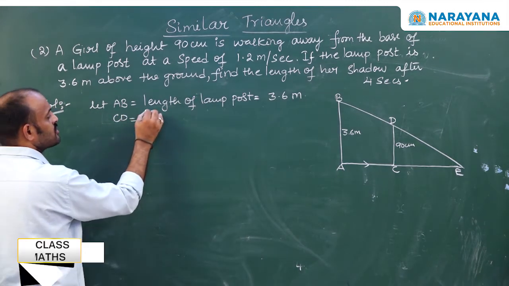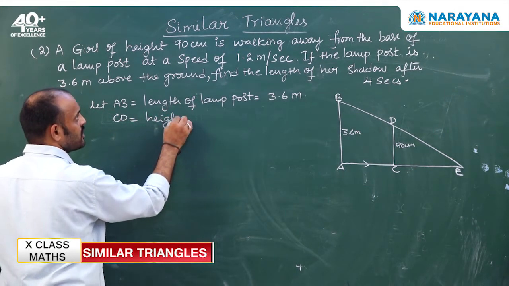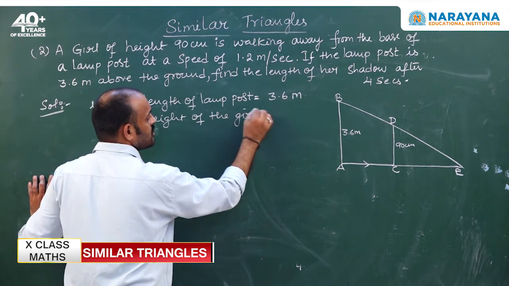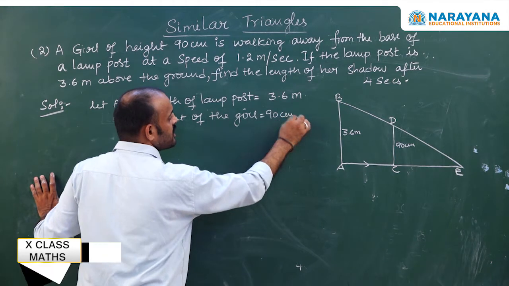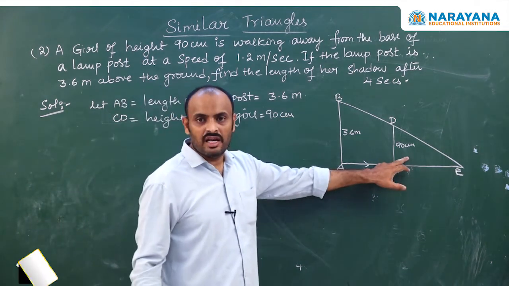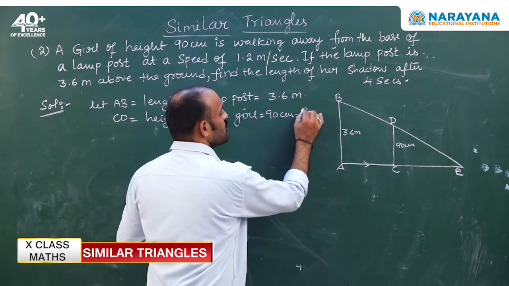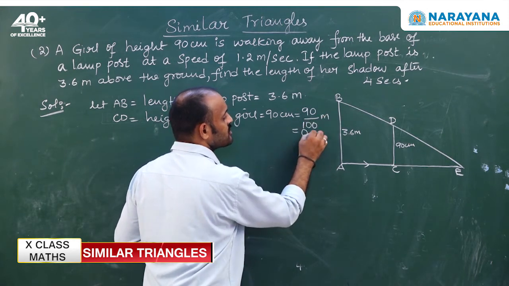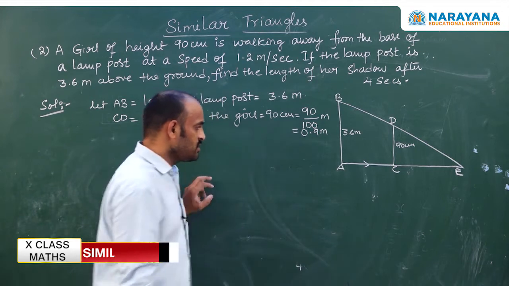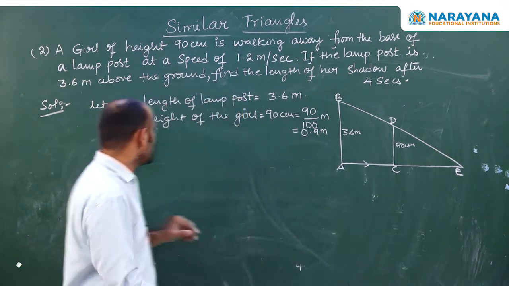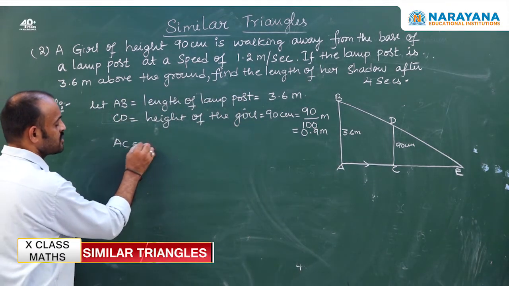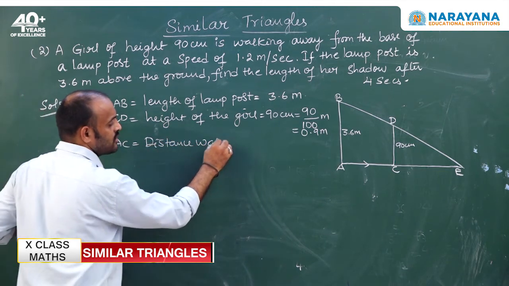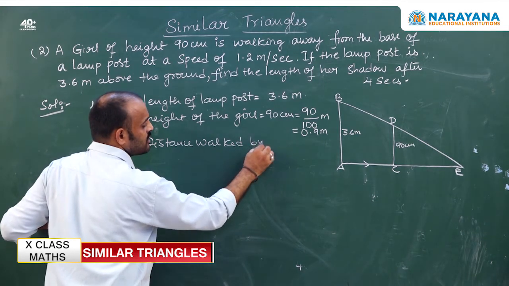CD is equal to the height of the girl, which is 90 centimeters. As it is in centimeters, I will convert into meters. 1 centimeter is equal to 1 by 100 meters, therefore 0.9 meters. AC is the distance walked by the girl